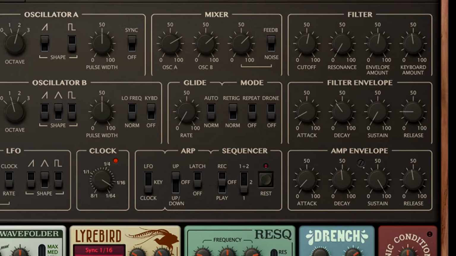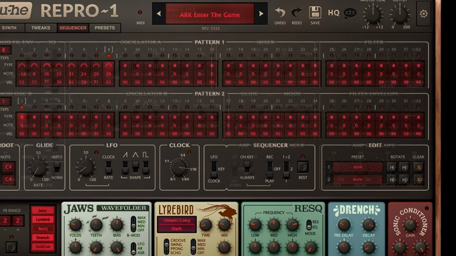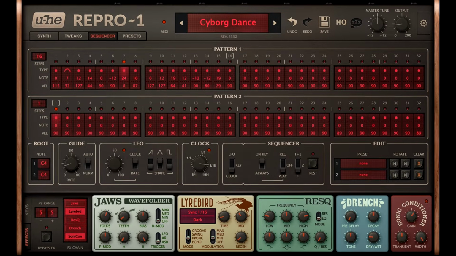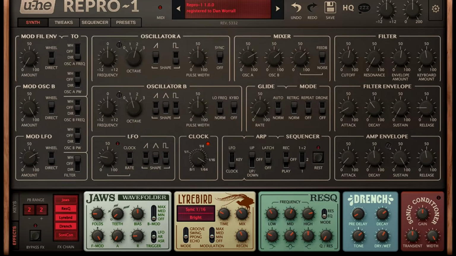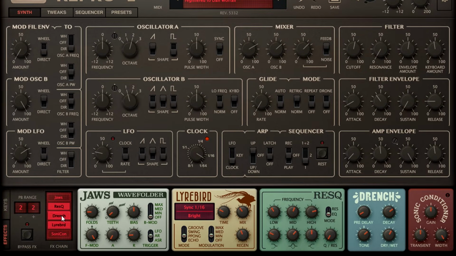The original synth's arpeggiator is also included, along with a surprisingly powerful sequencer, both of which can be tempo synced in the plugin for extra convenience. The original monophonic character of the synth is preserved, however, and instead of bolting on a standard effects section, we're provided with a chain of characterful stomp box type effects, which can be reordered by dragging over the list to the left.